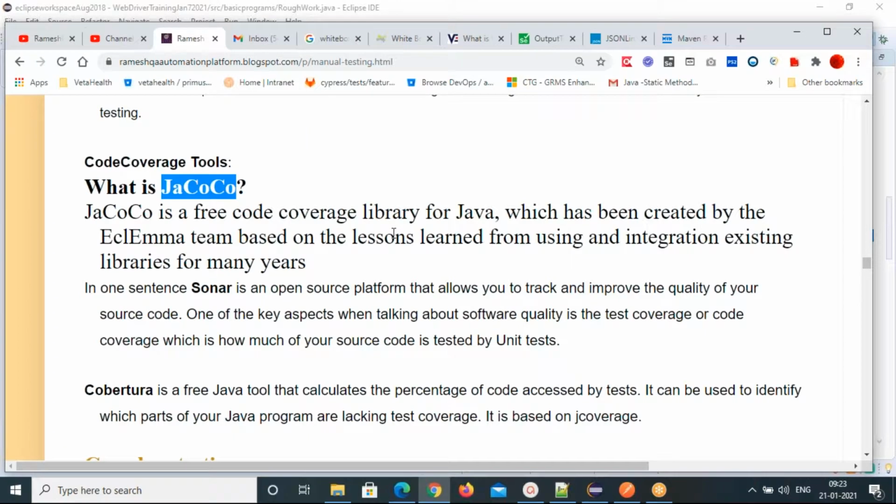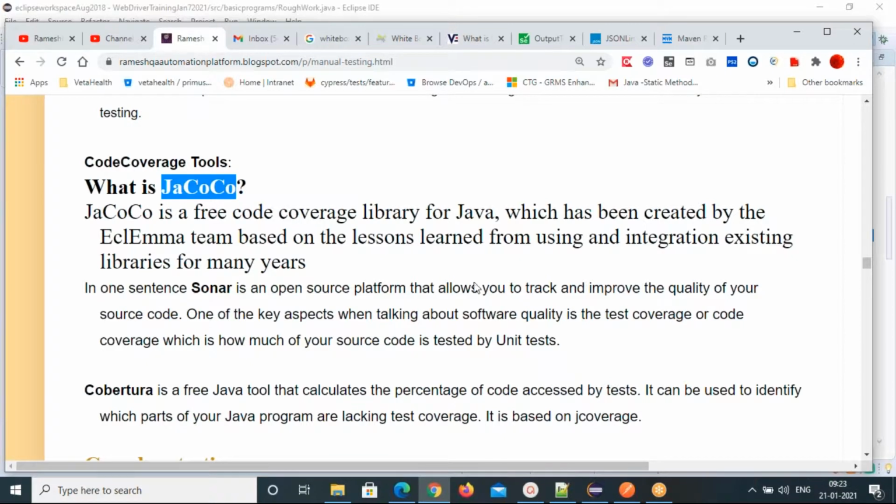This is the free code coverage library for Java, created by EclEmma, and it finds out all the code coverage. It will be given by this tool automatically for you. You don't need to do anything. If you just integrate this tool with your test suite run, the code coverage report will be given to you automatically. That's the first one.